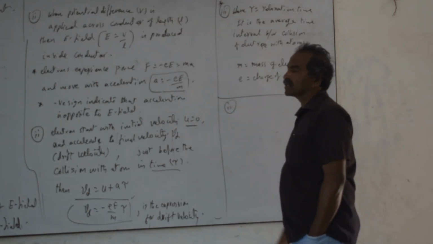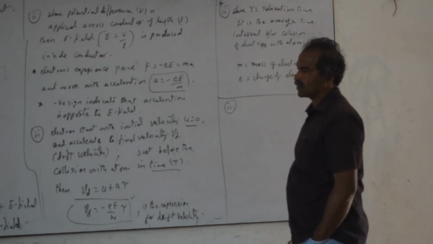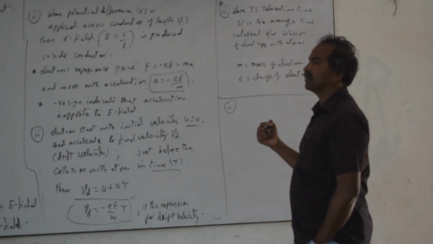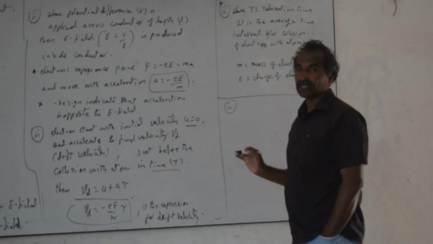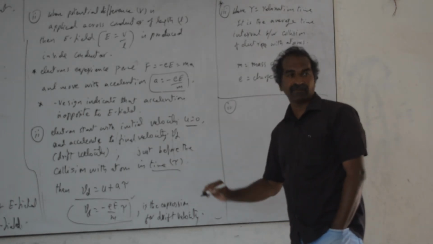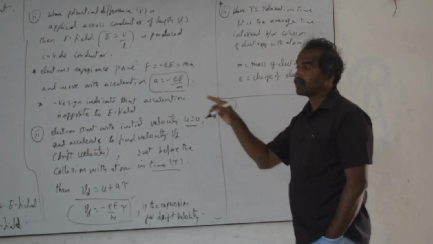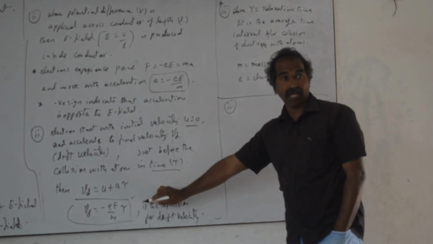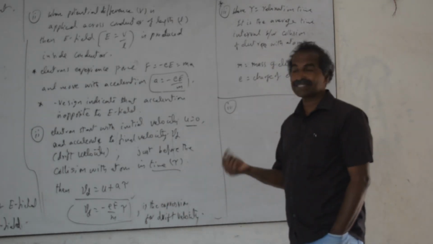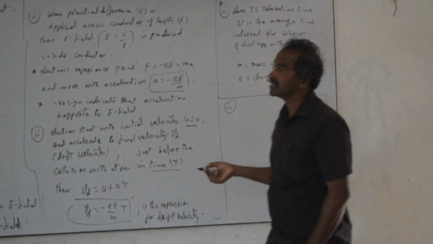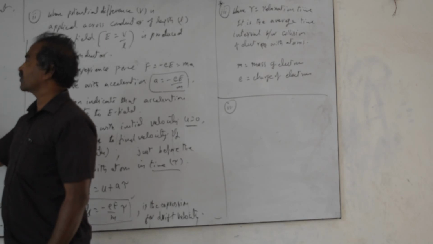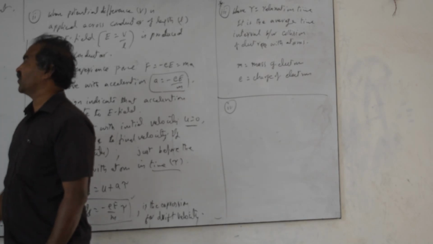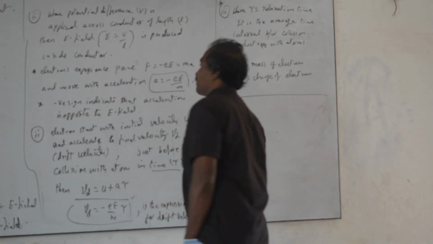After every collision the velocity becomes 0 and it again starts a fresh jump. The path of the electron in the conductor with the electric field is a zigzag path. But this microscopic formula, with time interval tau, is used inside. What we see outside is not what is happening inside. The length of the conductor is L. If the time taken to cross the conductor is t, for the drift velocity we take the macroscopic formula.